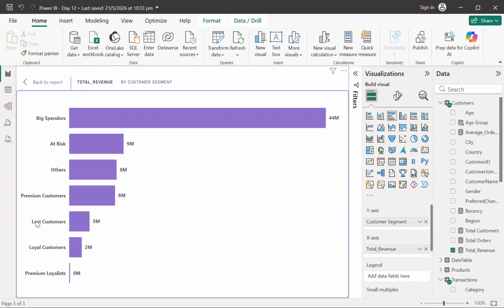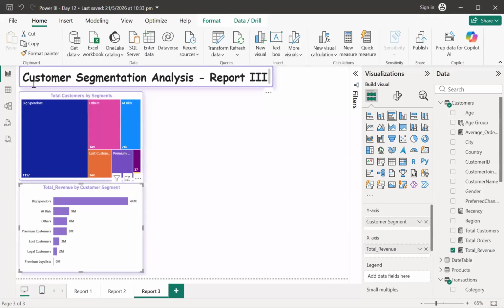Because if they lost some customers and have some customers who are at risk, and the numbers are not small but big, there are 216 customers at risk who have already given you sales of around 9 million. So if I want to retain these customers, we first need to understand